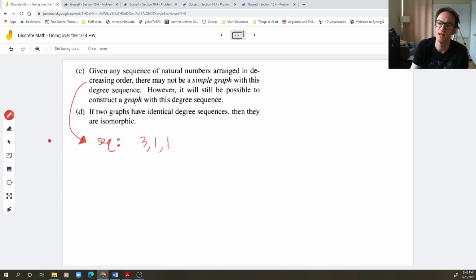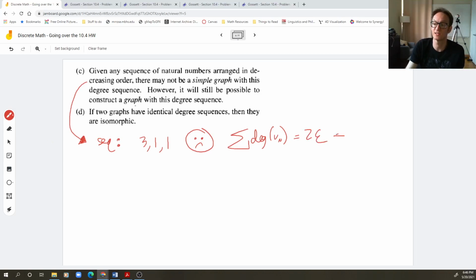Well, no. You absolutely cannot make a graph, simple or otherwise, with that degree sequence because the sums of the degrees of all the vertices has to be twice the number of edges. And so here, if this is 5, then we have a contradiction. All right, so this was a false. This was a true-false question. This was number 12, and the answer is false. However,